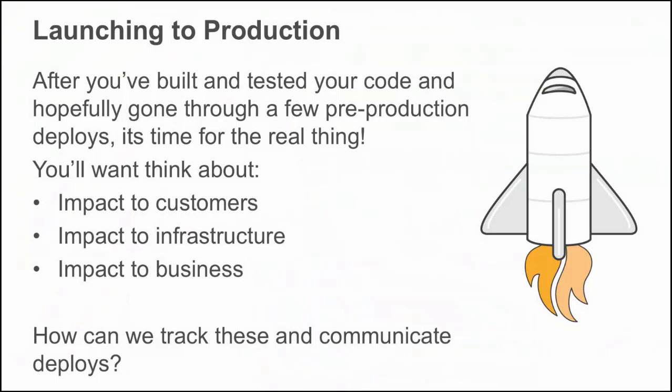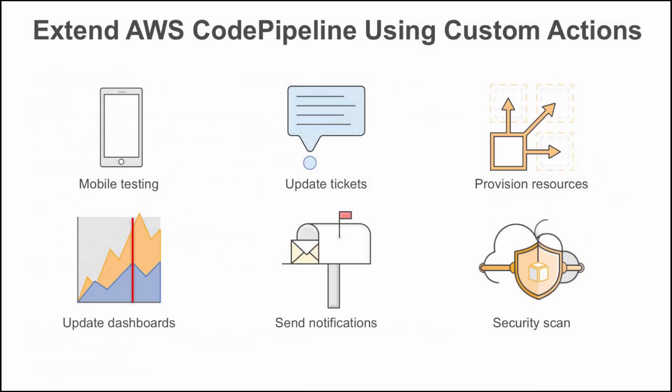You'll want to think about the impact to your customers, the impact to your infrastructure, and the impact overall to your business. And being that a deploy you can think of as kind of a physical action, how can we track this action and then the results of what comes from it? Well, I talked a little bit about this before, and the idea that CodePipeline is a very extensible